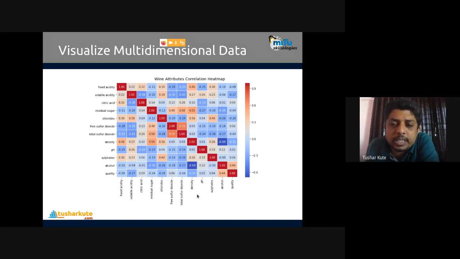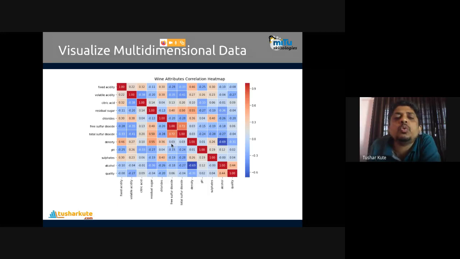Now you can see density and alcohol are correlated 69% negatively. Here also, same way, correlation. So depending upon the intensity of that color, you can see here again high intensity is there, 72%. What is that? Free sulfur dioxide against total sulfur dioxide, 72%.